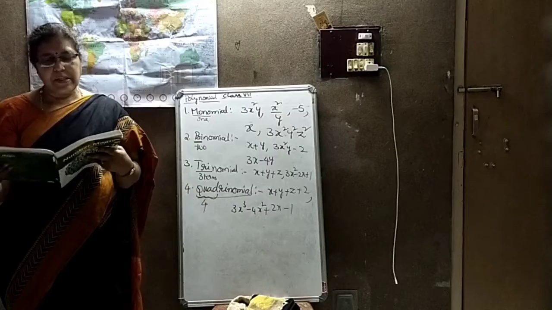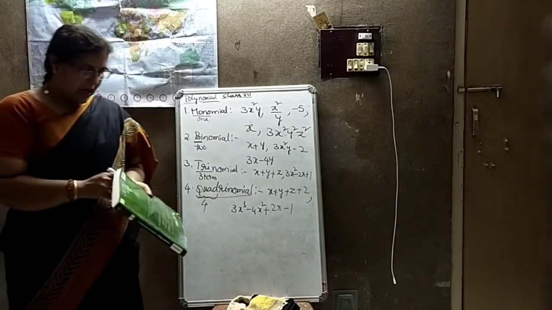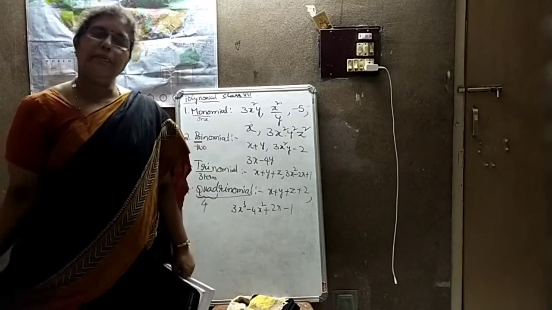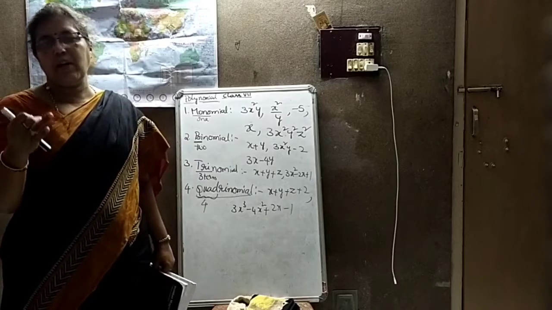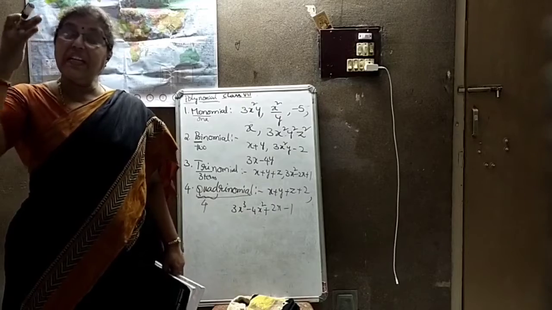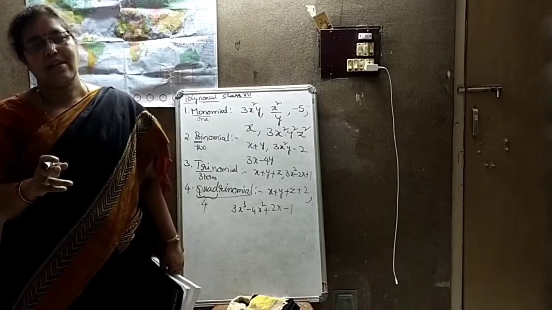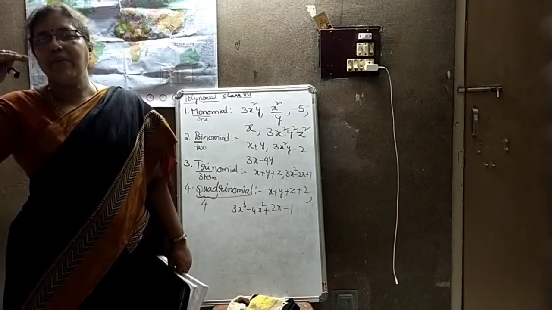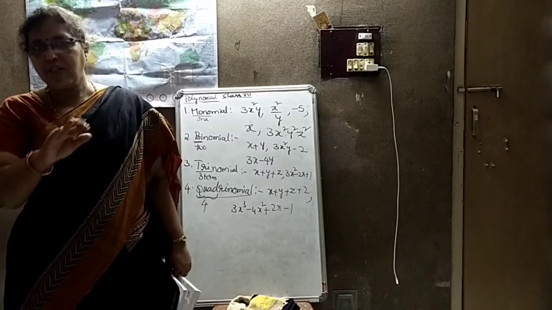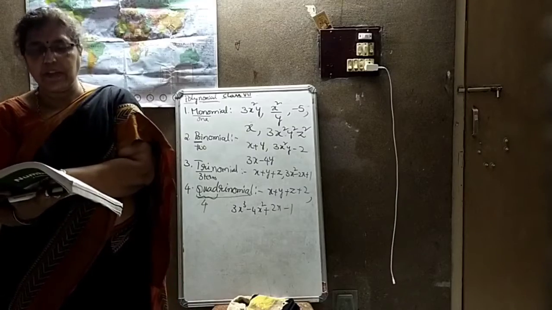They give solved examples from now onwards. This is the description given here. But actually, I spoke to you regarding terms. Based on terms, I discussed monomial, binomial, trinomial, quadrinomial and polynomial. Based on the degree of the polynomial, do you know? Last year you did it in 6th class. The highest power existing in the polynomial is called its degree in the algebraic expression. Okay, later we'll see about degrees.